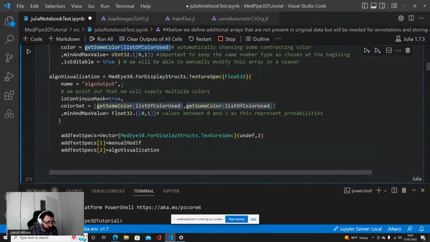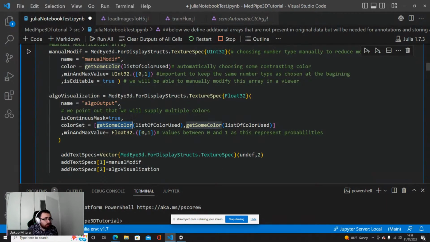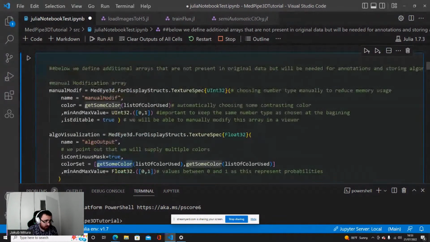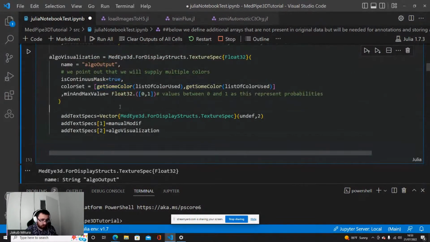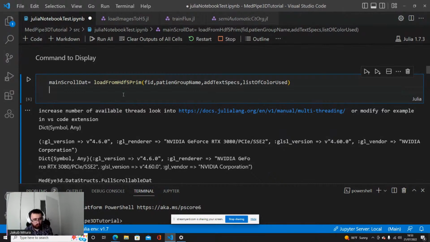However, just one thing to know, when you are using this function, the colors may be different from execution to execution. Yes, so if it's important for you to have exactly the same colors each time you are using it, it's important to override it. I will show you in a moment how to override it.